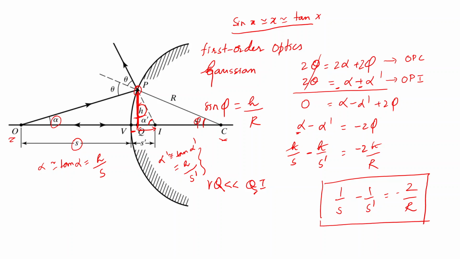So this is what we set out to do. We set out to establish a relationship between the object distance S, the image distance S prime, and the radius of curvature R. That's what we were able to successfully do: 1 over S minus 1 over S prime is equal to minus 2 by R. But this is for a convex mirror. Now, if you want to do the same for a concave mirror, we just need to use the sign conventions that we had established. Recall that in our sign conventions, light propagates from left to right. And the second thing is that the distances, if it's a virtual image,